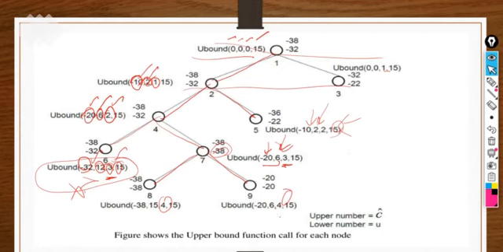At last we will get the final values that we are getting here, the final path that we have to include here, this one, 0, 1. So this is the path, this is for the final solution. Okay,